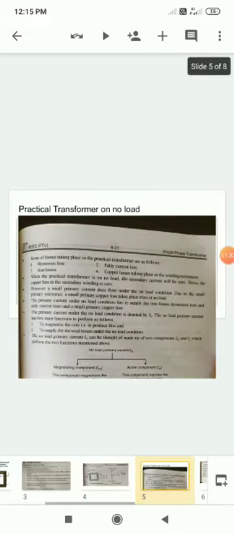Now student, next we discuss what a practical transformer is. What do we have to discuss about that? A practical transformer is what we deal with in our actual life. Meaning the transformers that are installed outside your homes.